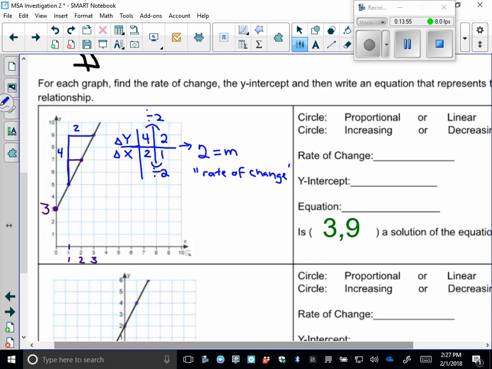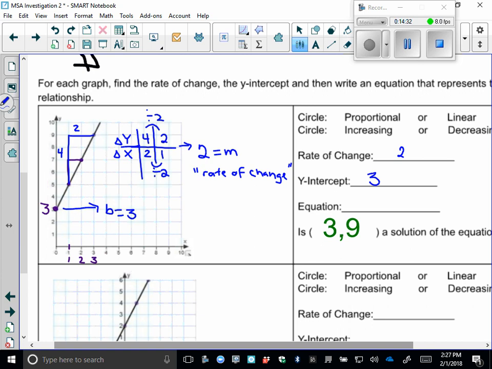Where does the graph hit the y-axis? Yeah, Tyler. 0. At 0, 3. So this is my b value. So that's also called the y-intercept. So are you always trying to get x to 1? Yeah, you're always trying to get x to 1, exactly. Or you could leave it as a fraction. But right now we're just working with it as a fraction, 2 over 1,